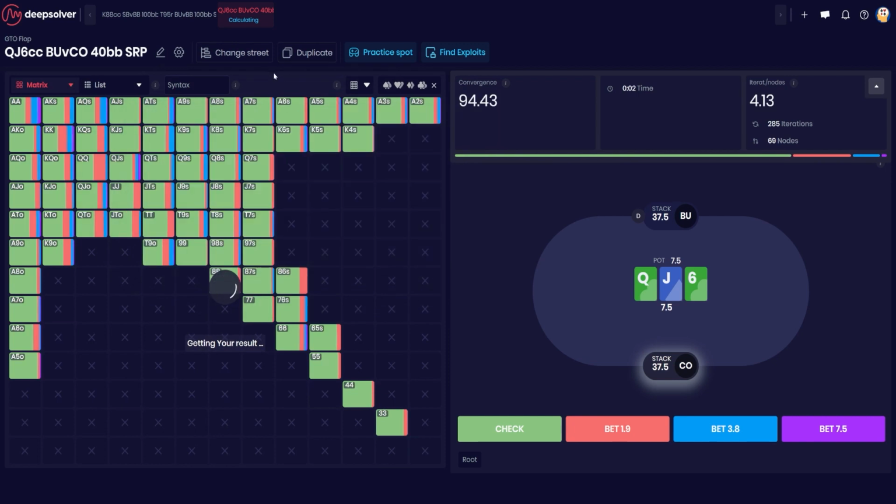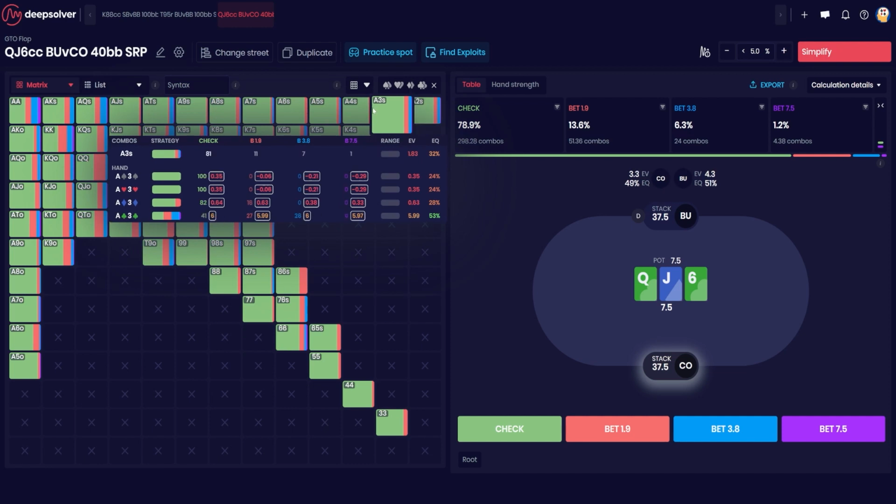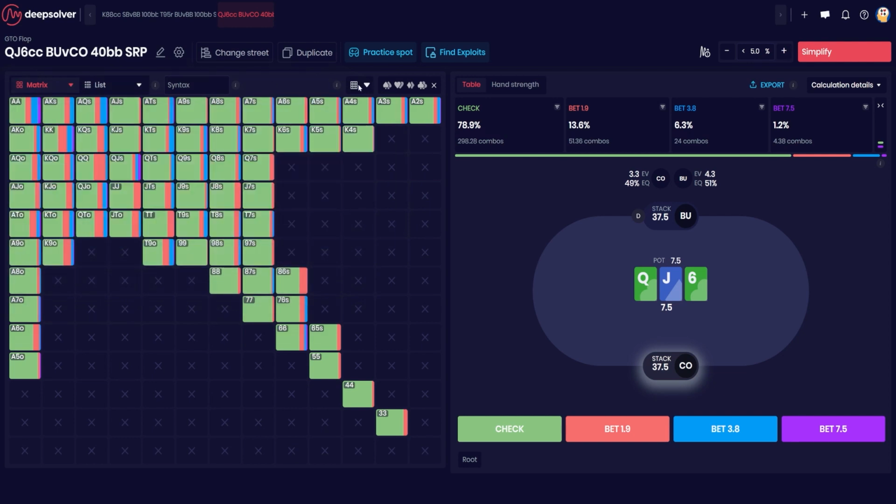Alright, so on this board we can see at the moment button is mostly playing checks. There's a little bit of betting with some hands like sets, some overpairs, etc. But mostly we're playing checks on this board according to this grid. If you highlight over each combo like this, it will tell you which suit is betting or checking. It will show you the frequencies for the individual combos.